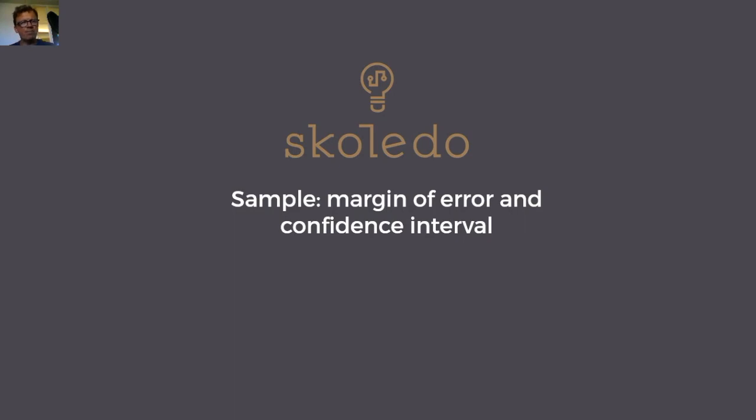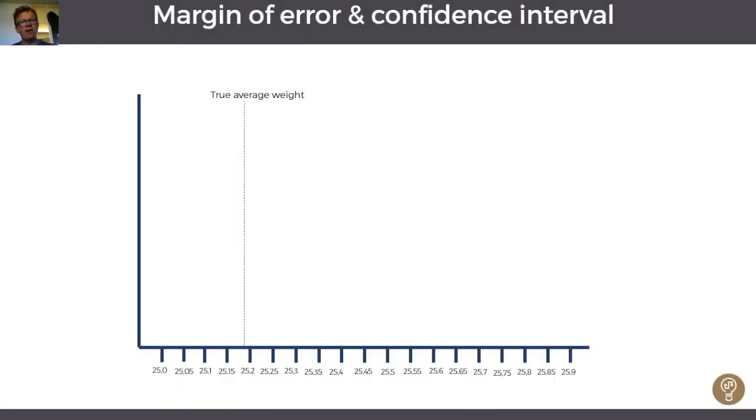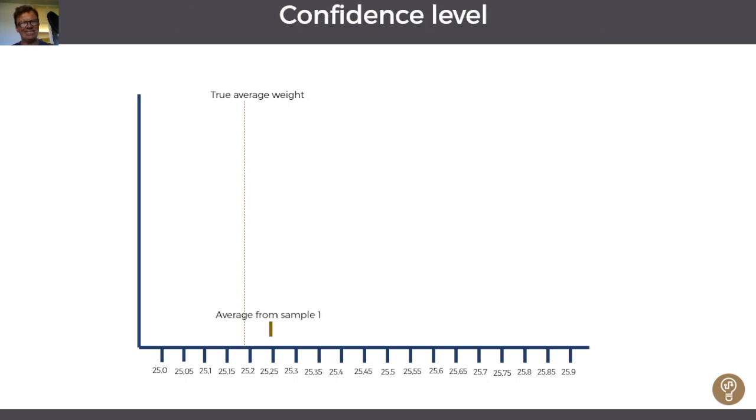Okay, this video is about the margin of error and the confidence interval and how to calculate them. Well, suppose the true average weight of 100 products is 25.18 kilograms and you take a sample of 10, and